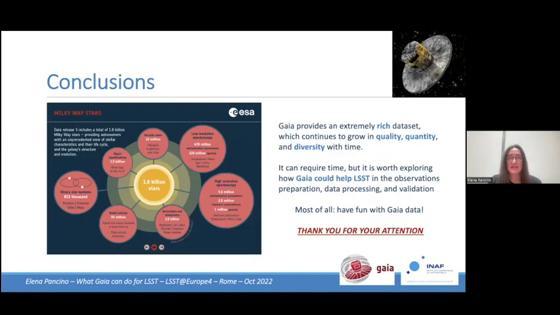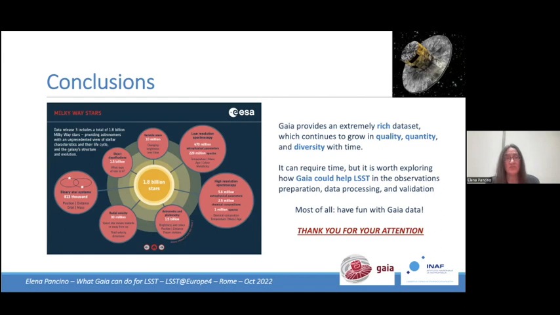This was my last slide, so I only have the conclusions. So this is all to illustrate how complex the data of Gaia are, but rather than using the word complex, one could use the word rich. So if you're not scared by the richness and the time to navigate the documentation and to test a little bit the power of each of the information and data types provided, I think this can be pretty rewarding,